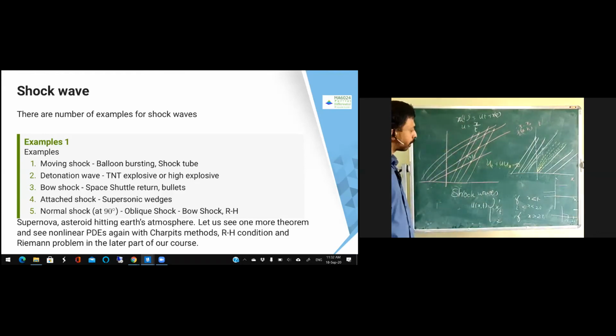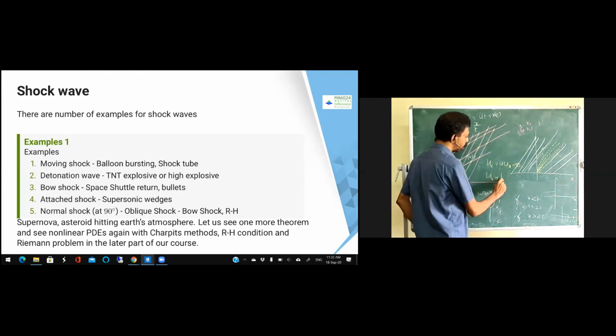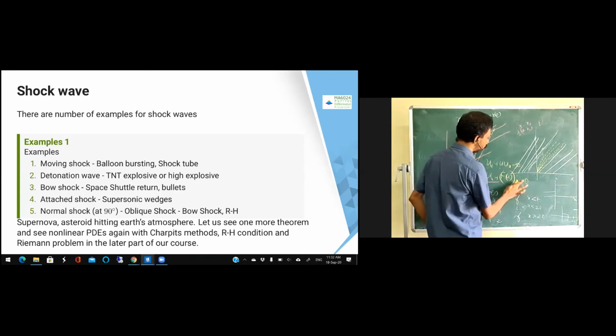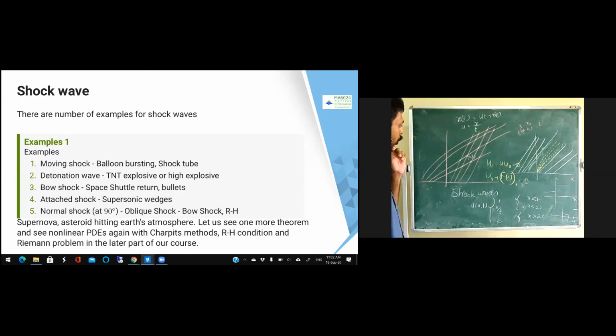But once you come to the space shuttle problems, etc., the problem needs to be of this kind: u_t plus f(u)_x equal to 0. Okay. Where f is a function of u. This is where the hyperbolic conservation laws will come. Okay, hyperbolic conservation laws will come. So this is one of the complicated problems to solve. Maybe you can contact one of my students. He is working on these hyperbolic conservation laws using the Riemann problem method.